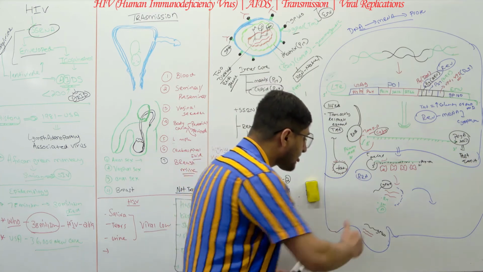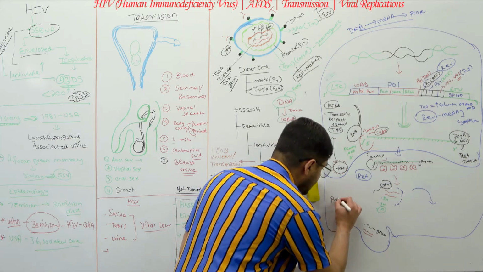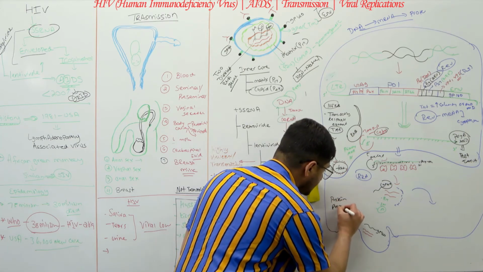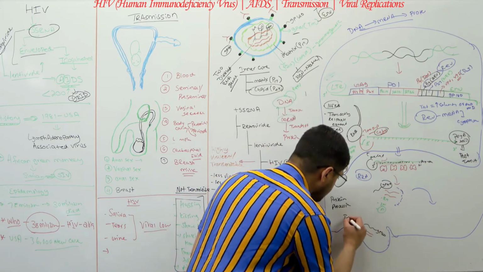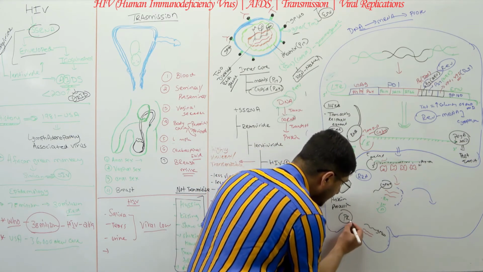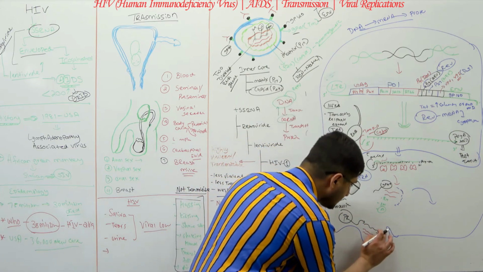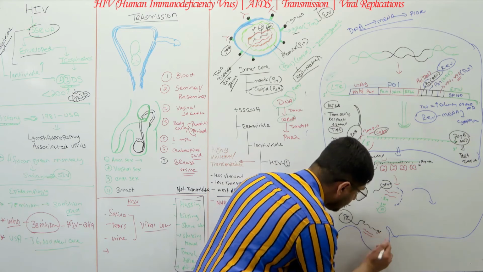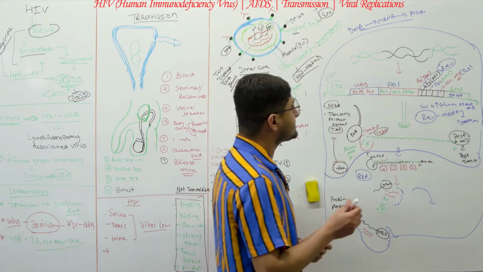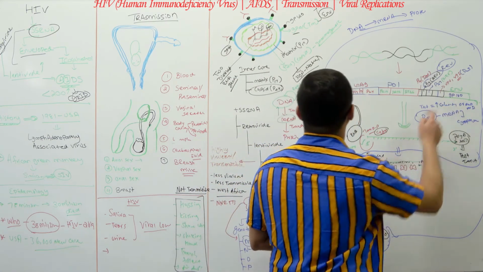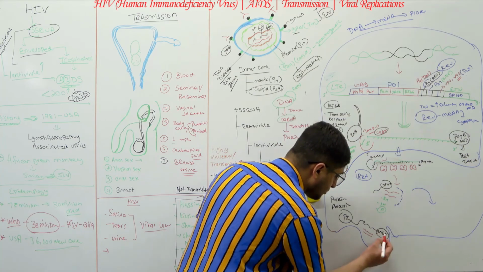protein processing happens, right? What is called protein processing? Remember, protein processing and assembly. Protein processing basically means this role of the protease. The protease enzyme comes and cleaves this glycoprotein 120. It's not glycoprotein 120 actually, it's glycoprotein 160. I made a mistake here. This protease cleaves glycoprotein 160,